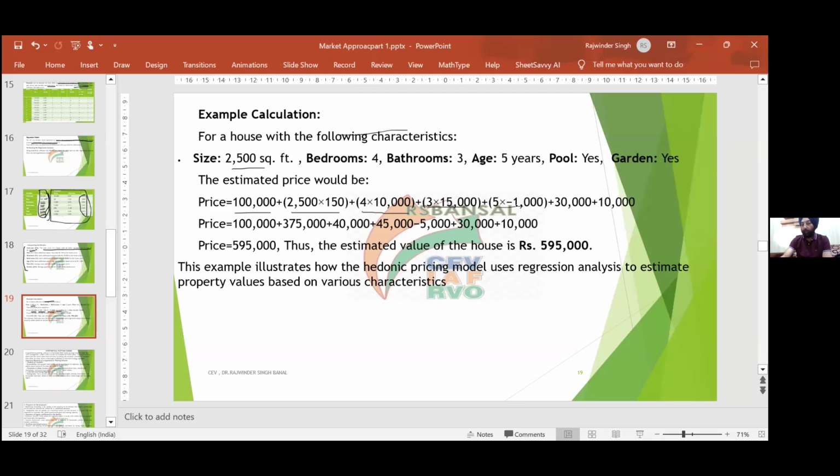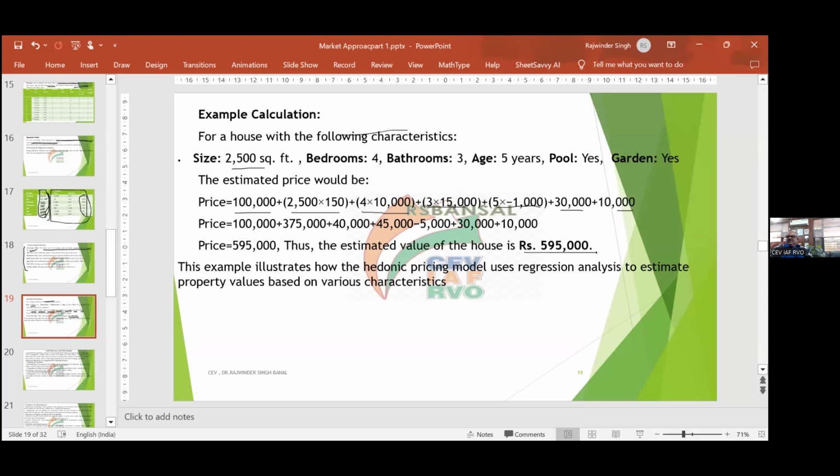5 साल एज है, पर ईयर के लिए 1,000 लेस हो जाएगी। और 30,000 पूल के लिए और 10,000 गार्डन के लिए, तीनों को ऐड किया तो प्राइस आपका आ गया, एस्टिमेटेड वैल्यू ऑफ द हाउस 5,90,000। देखिए बीटा जीरो का मतलब है वर्स्ट से वर्स्ट कंडीशन में आपको इतना वैल्यू तो ये प्रॉपर्टी देगी ही देगी। अगर उसमें कुछ भी नहीं है, कोई भी एमिनिटीज नहीं है, कोई सर्विसेज नहीं है, तो मिनिमम से मिनिमम बेस जो प्राइस है